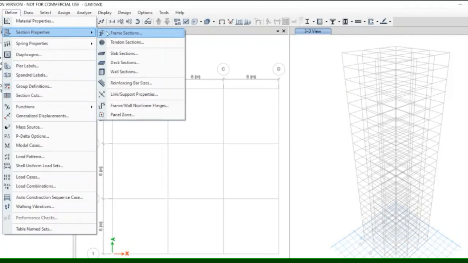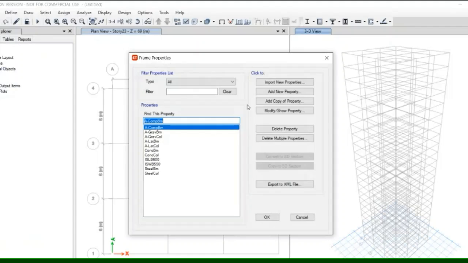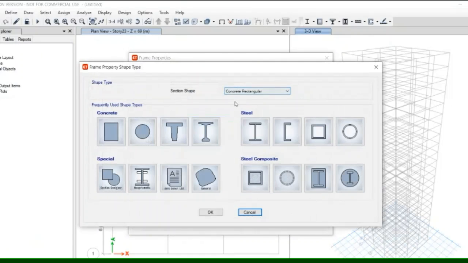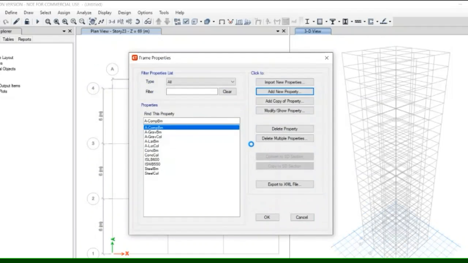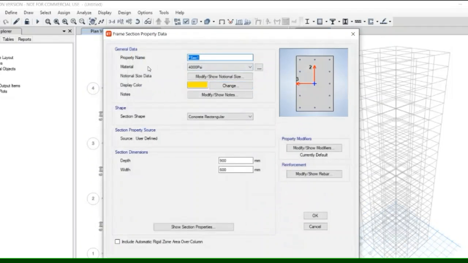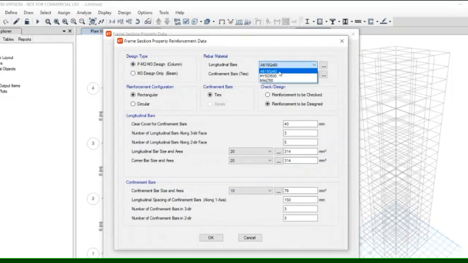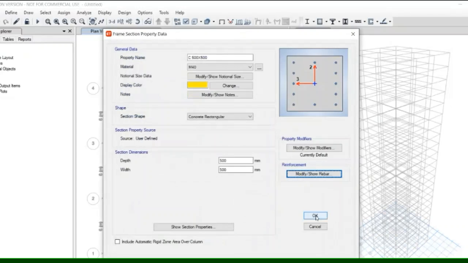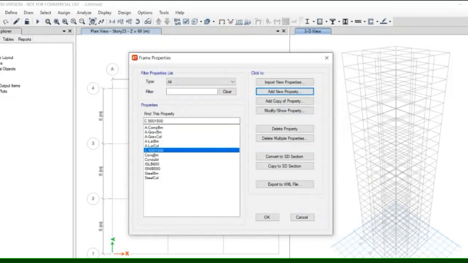Now go to define section property, frame section, and add a new property, concrete rectangular. For the column, give the property name C and the size of the column given in the question, 500 by 500. Select material M40, give the dimensions, go to modify rebar, column, select longitudinal bar. OK, OK.